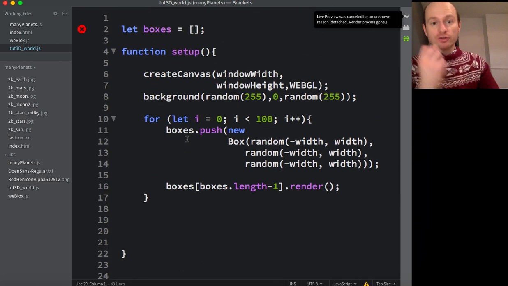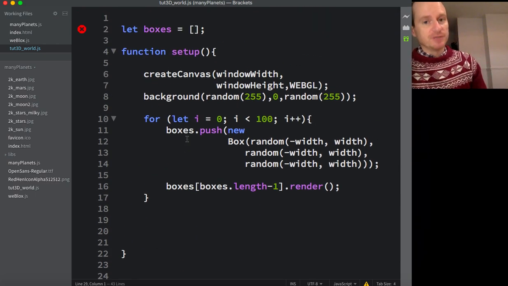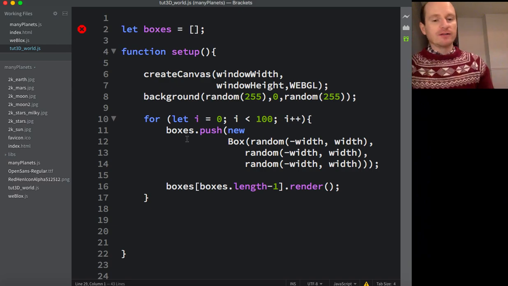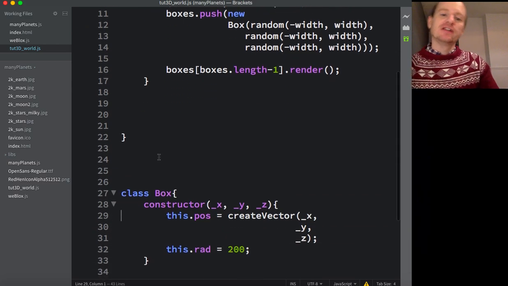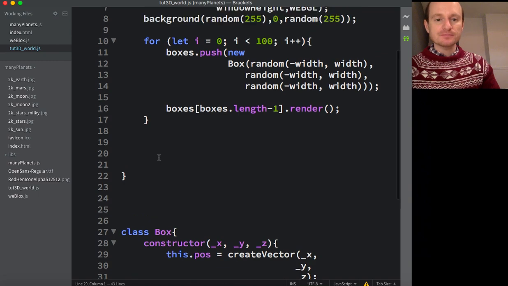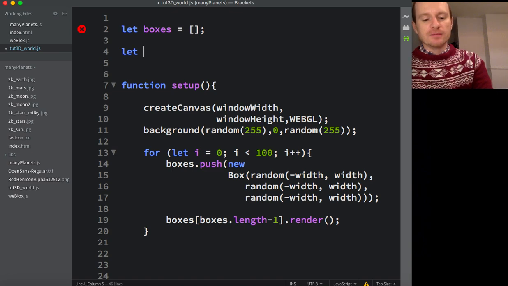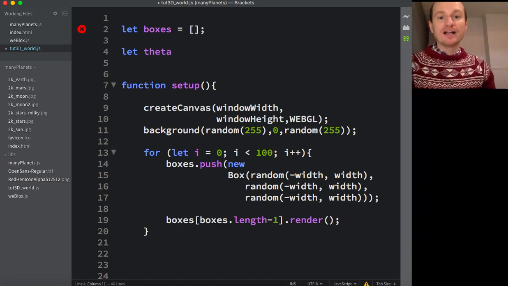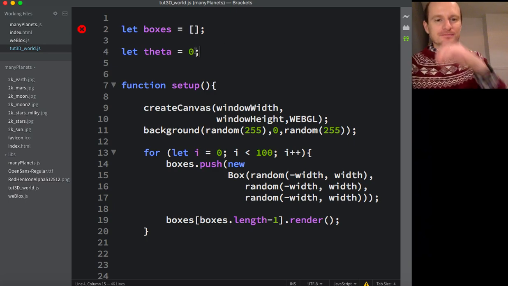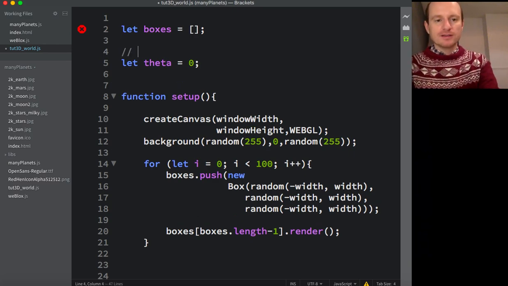So now we want to create a position for our subject, our player, first person perspective, and we want to rotate the world around that player. So let's start with just rotating the world when we press the keys. So what we're going to need is a variable, we'll call it theta for what angle we're at. We'll start at 0. Okay, and we'll label these player